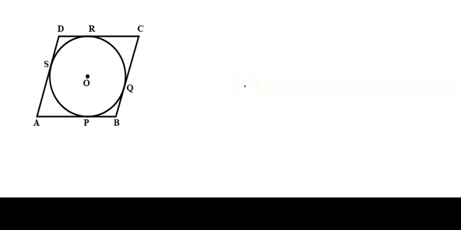So today in this session we are going to continue our geometry series, and we are going to see how we can calculate the length of the inradius of a circle inscribed in a rhombus. Basically, what is given to us is the length of the two diagonals of a rhombus, and we need to calculate the length of the inradius.